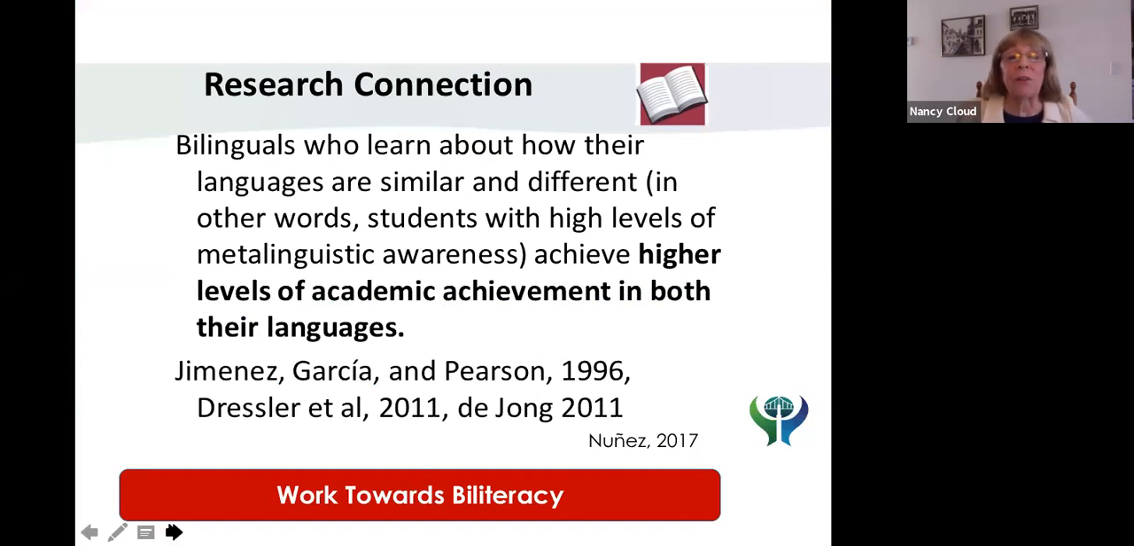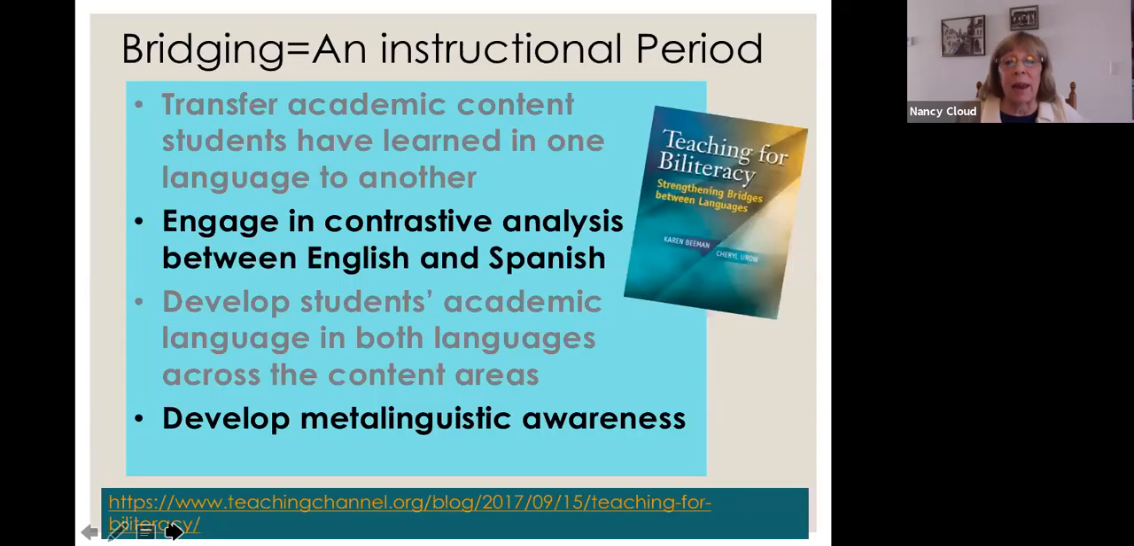And we know from research that bilinguals who learn about how their languages are similar and different achieve higher levels of academic achievement in both of their languages. And that's why we're stressing this today. One of the things they do in a bridging period, it's an actual instructional period where I help them engage